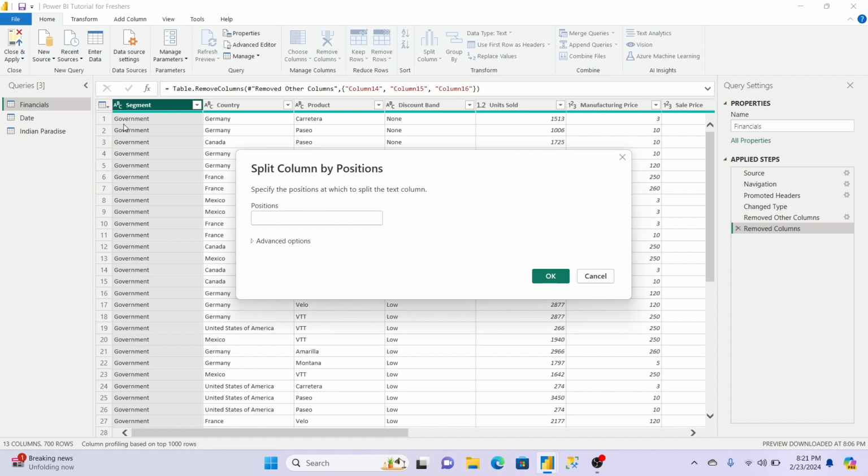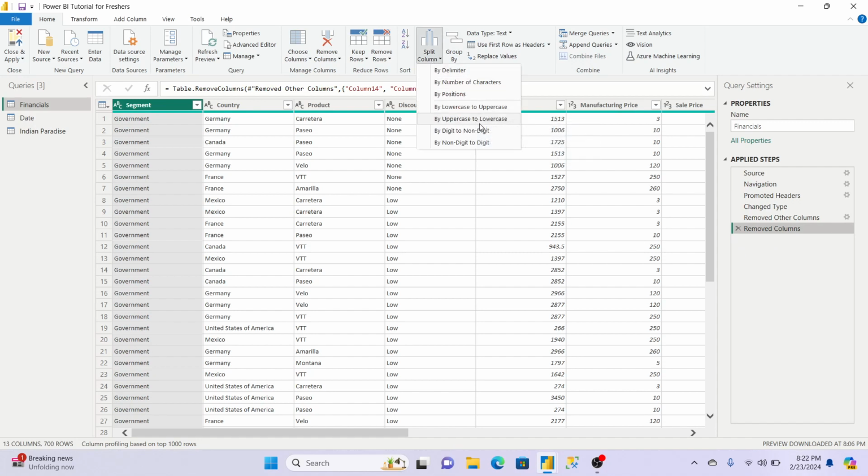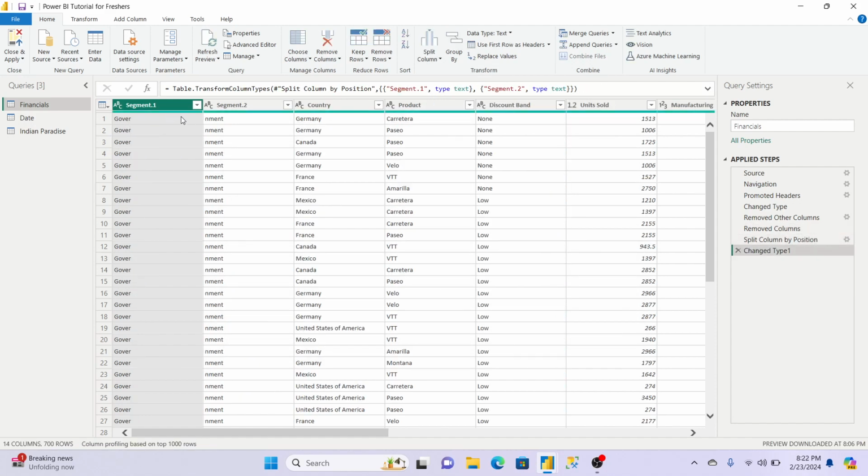So for example, right now government is there, it is of around 10 alphabets, and if 5 we have written and we just did okay, so see, it is splitting like this. Okay, so this is about split by number of characters. Also I will do 5. So now here see, two columns are there in this case. Governor is also there and government, MENT, it is also coming. Okay, this way split we can use it simultaneously.